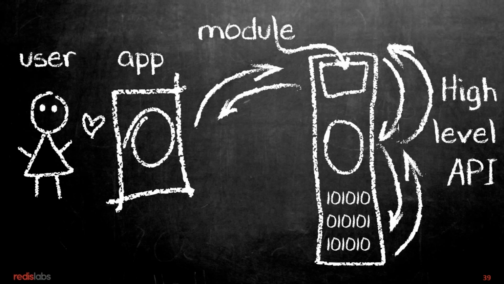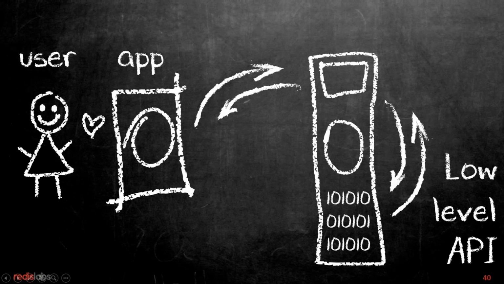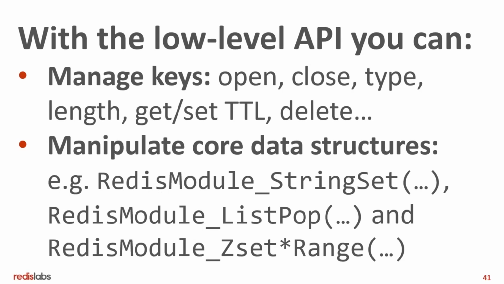However, the low-level API does exactly what you'd expect it to. It allows the module developer to almost go around Redis's core, or rather it provides almost native access to the data, data structures and abilities that Redis provides, and provides a lot of freedom, flexibility, and much better performance than the high-level API. There are a lot of things that you can do with the low-level API, like managing your keys, accessing the data structure,